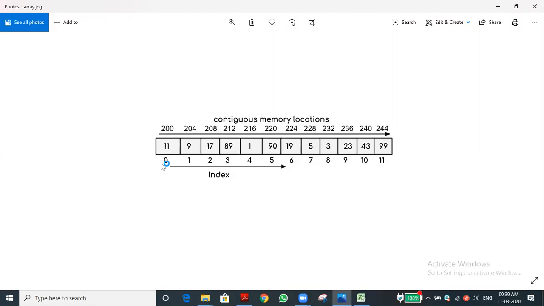In an array, we can store only similar type of data, sir. Very good, very good. For example, if you are storing integers, all the data should be integer only. We can store hundreds or thousands of data, not an issue. But all the data should be of the same data type.